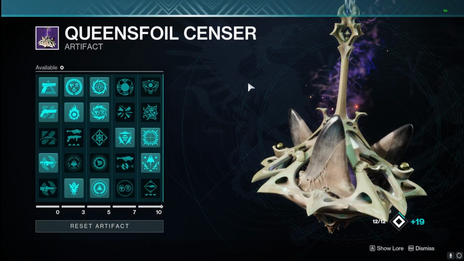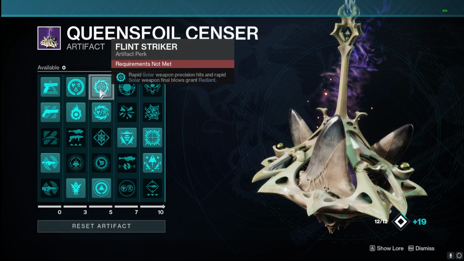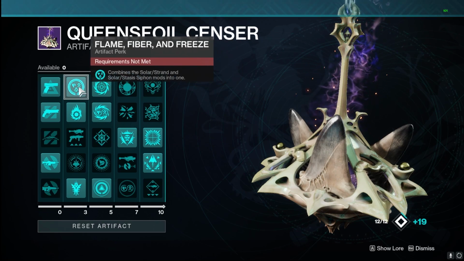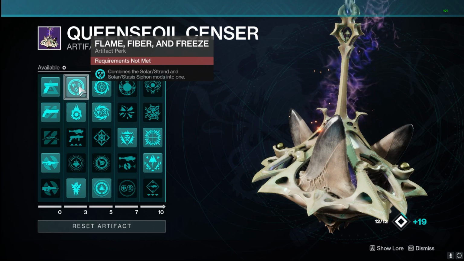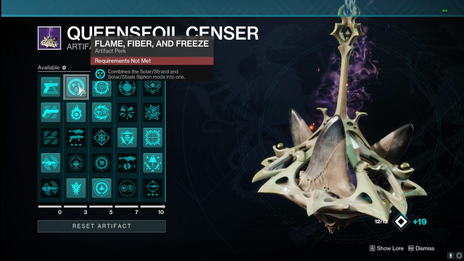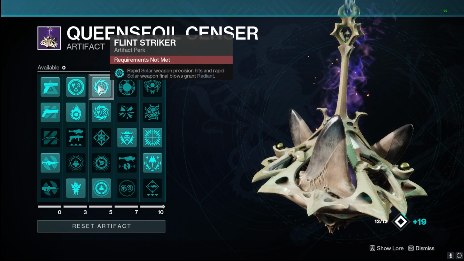When we move on to the artifact here, the Queen Foil Sensor, we're going to be using mainly these up here. We've got Flame, Fiber, and Freeze, not using it too much on this unless you switch onto something like a Stasis or a Strand Fusion over top of that Wither Horde. Totally up to you. Now right here are our three important ones, with Flint Striker, rapid precision hits, and rapid